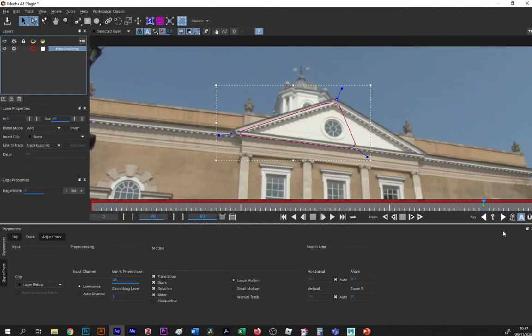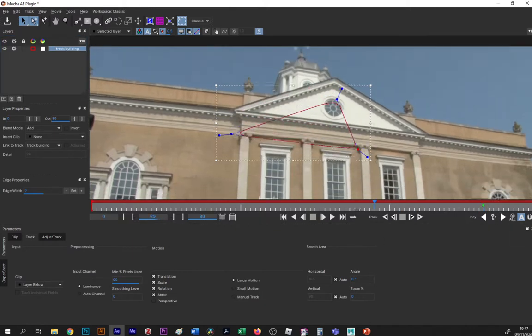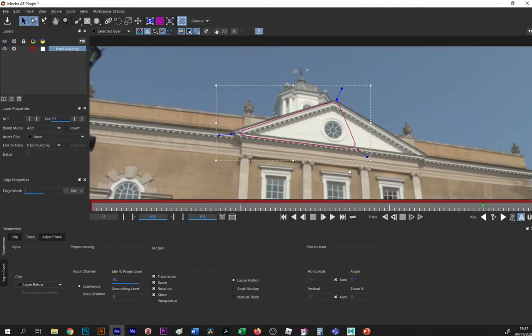And I will, no, in fact, I should have gone to the very last frame there. Doesn't really matter. Let's get rid of all my keyframes. And I want to start tracking. In this case, just because I was at the end of the clip when I drew the mask, I'll track